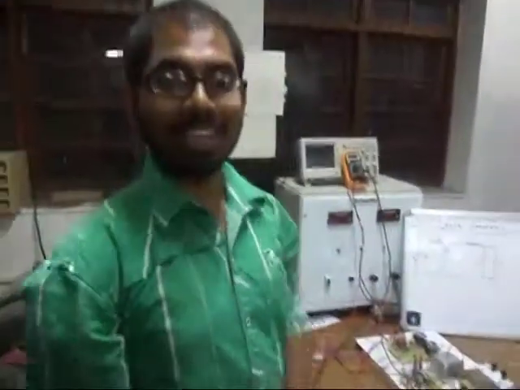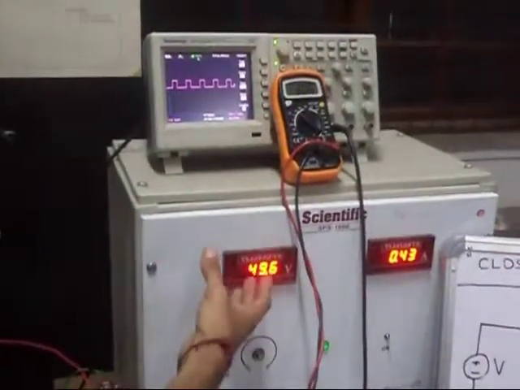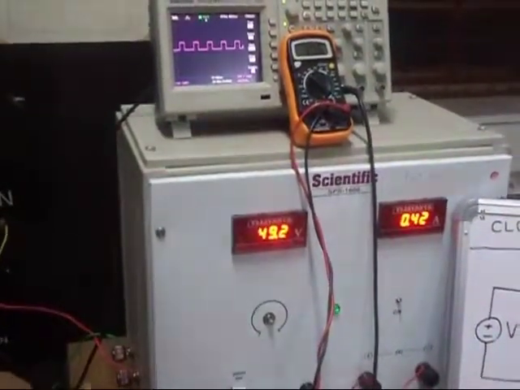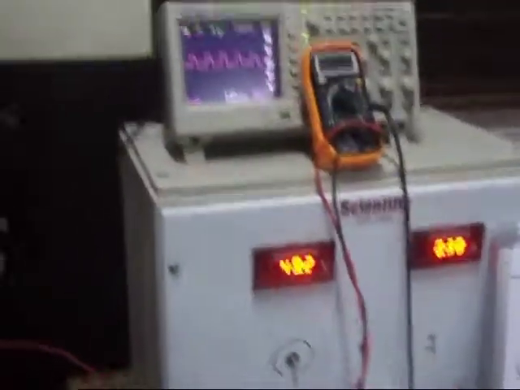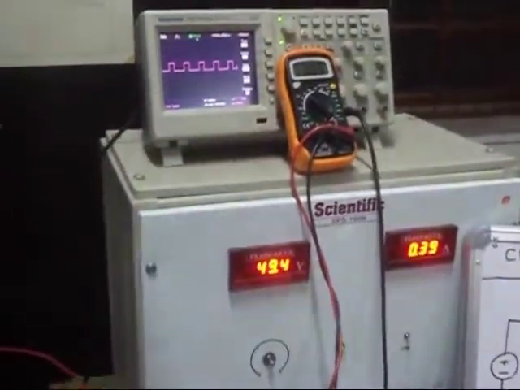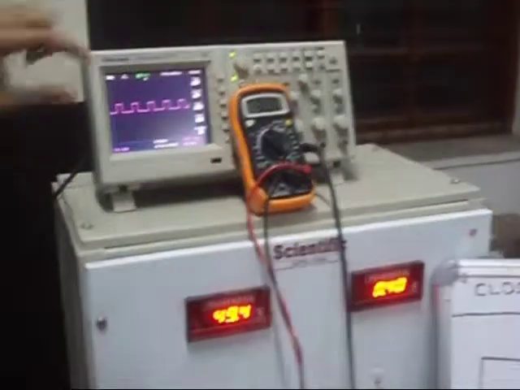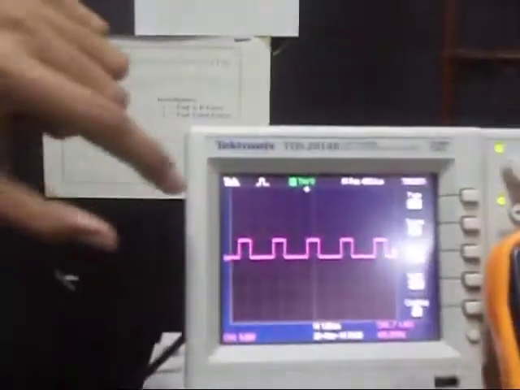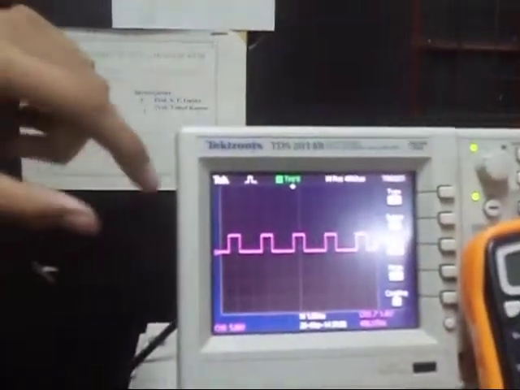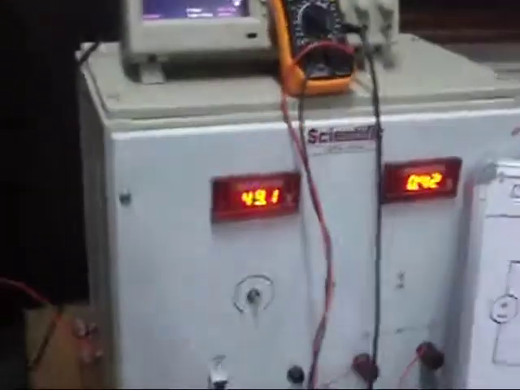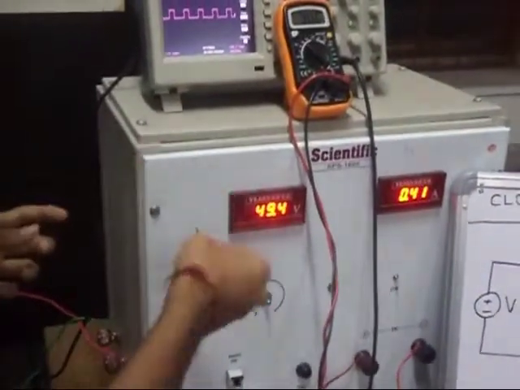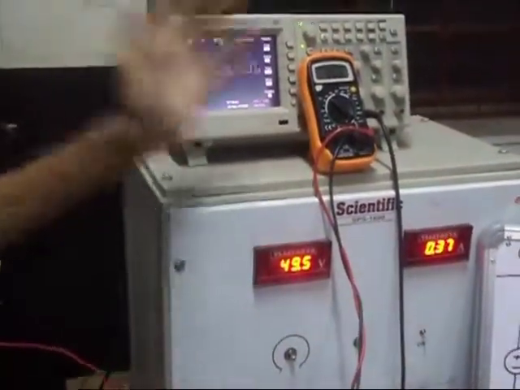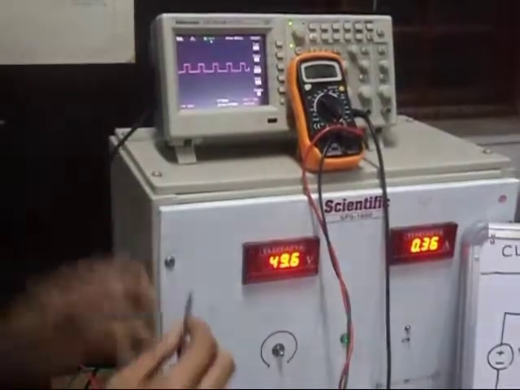Completed. Here initially we can see that the input voltage given is around 50 volt and the output is seen to be 30 volt. Actually, 30 volt we have set through our programming in the microcontroller. We can set it to the required value as per our requirement. So here this shows the pulse signal that is generated from the microcontroller using the PWM technique and is fed to the MOSFET driven switch. Now what I will do is change the input voltage, and still the output voltage remains constant. Now let us see how it happens.